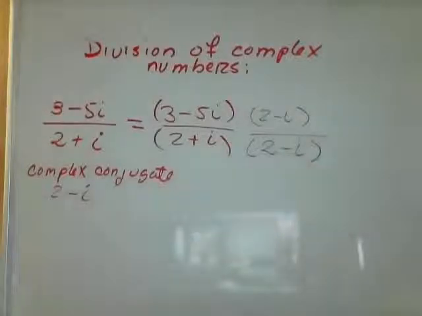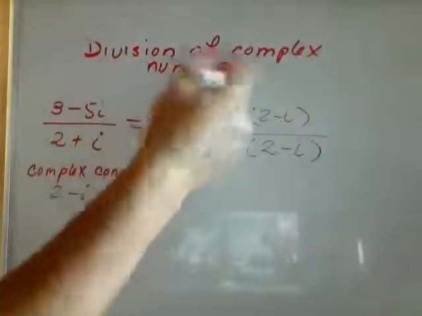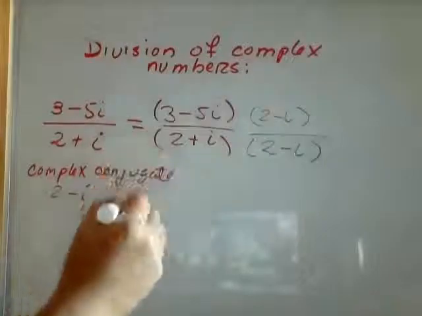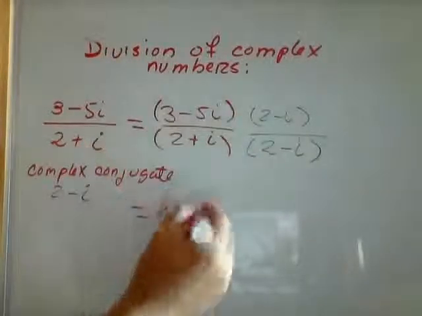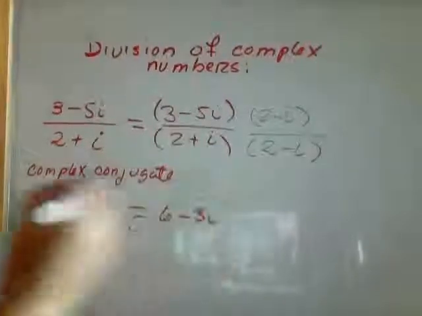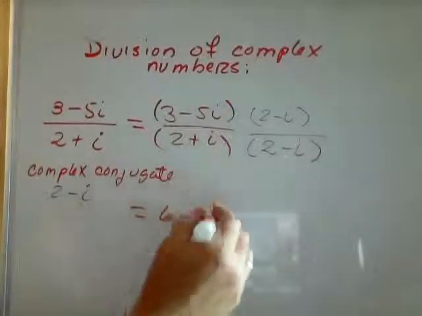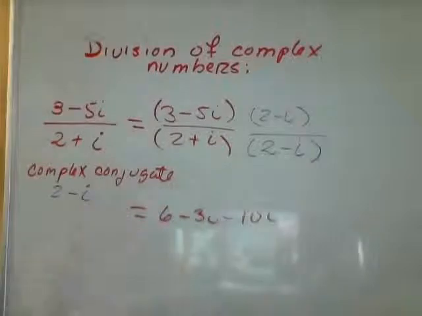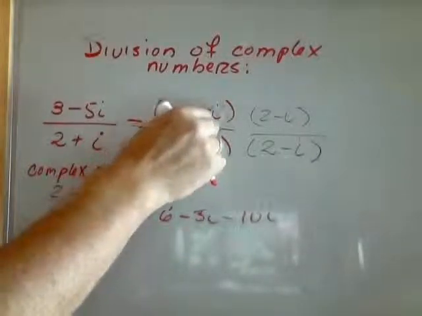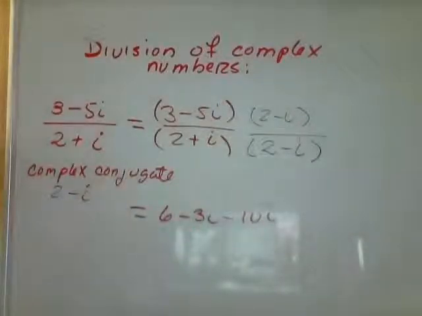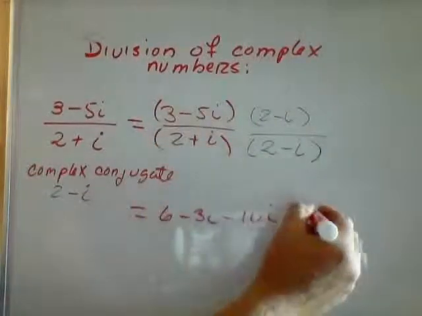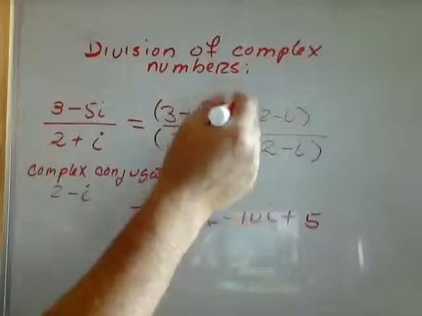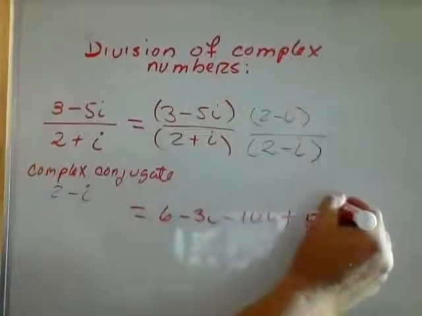When we multiply, of course, it's just a regular multiplication at the top. We do 3 times 2, that is going to be 6. 3 times negative i, that is going to be negative 3i. Negative 5i times 2, that is going to be negative 10i. And negative 5i times negative i, that is going to be negative and negative positive. 5 times 1 is going to be 5, and i times i is going to be i to the second